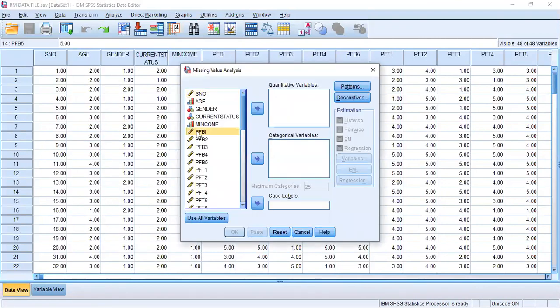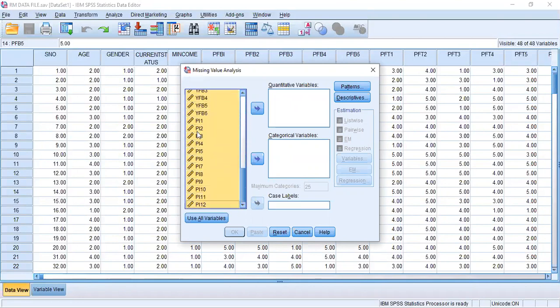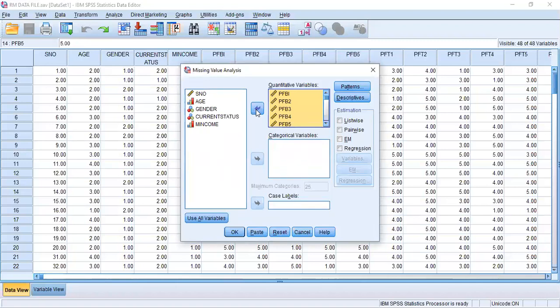Select all the quantitative variables and move them to quantitative variables here, like this. Then select any variable which is not in use at the moment. You can choose age and move it to categorical variable, right? Then click OK.